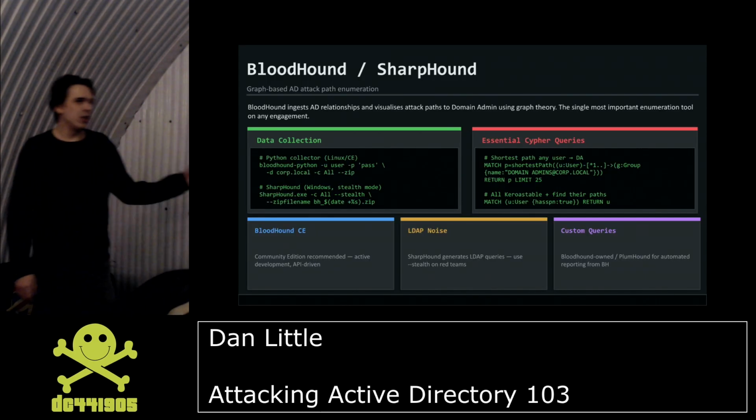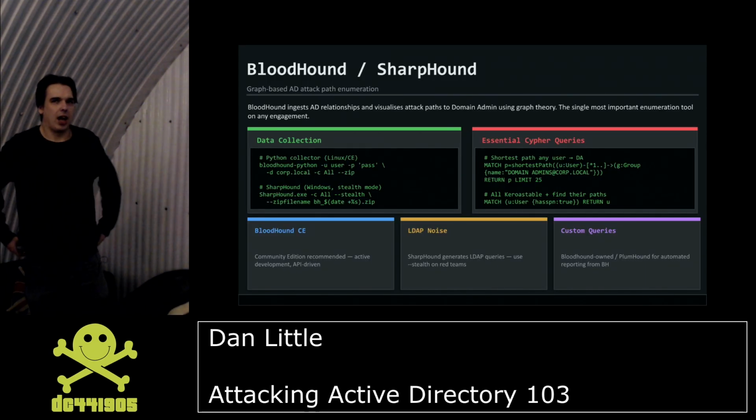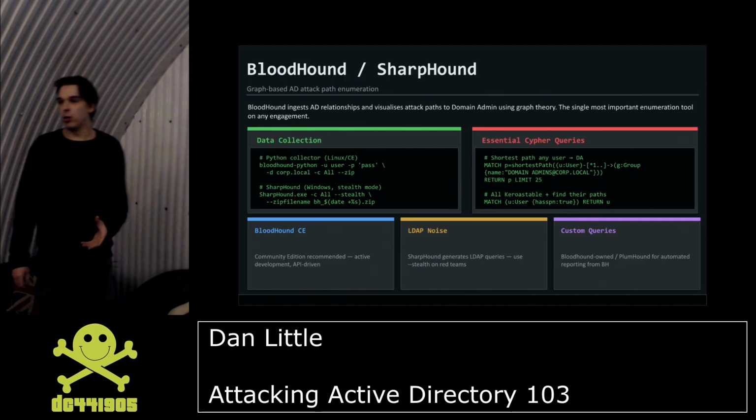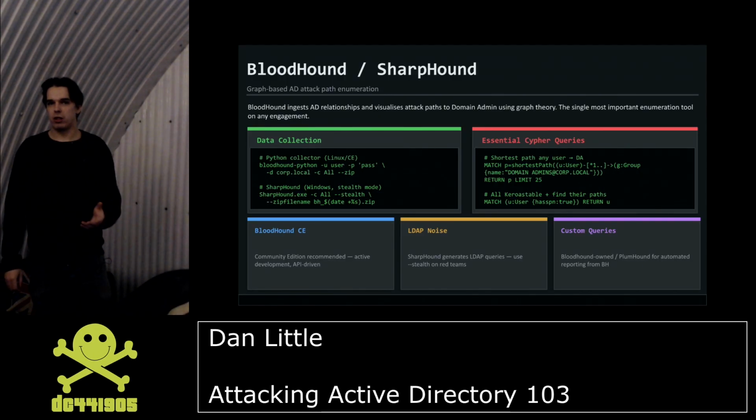So I think I touched briefly on Bloodhound and SharpHound last time, but it's honestly the go-to tool for mapping out very large environments. With Active Directory, it's the phone book of most companies. I want to say 98% or 99% of companies use Active Directory these days to manage large environments. And when I say large environments, I'm talking tens of thousands of people, or in fact hundreds of thousands of objects and user groups, and